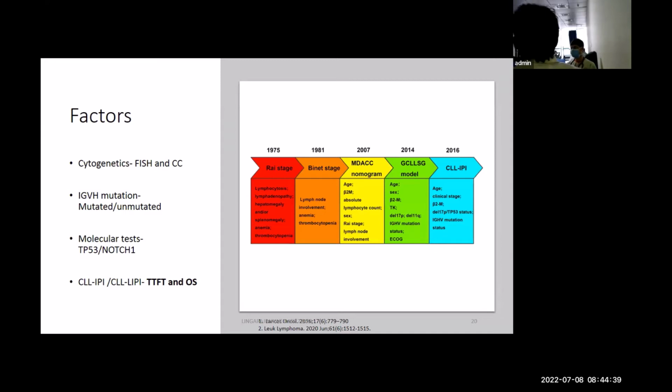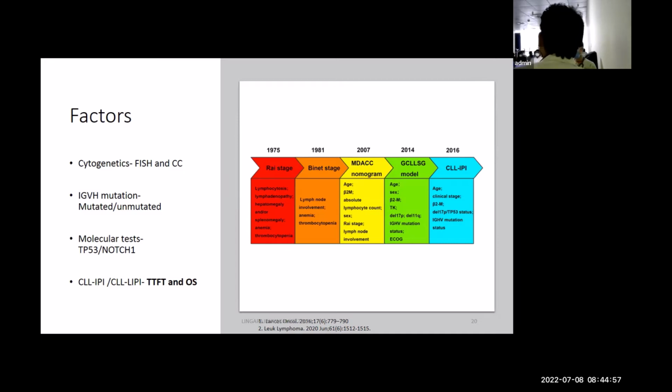They typically do stimulated conventional cytogenetics. That means they have to stimulate the cells to divide and then do the conventional test. This is difficult to do. I will discuss a bit about it, but it is not routinely done in any center. It has prognostic significance, and that's it. It doesn't tell you beyond that, and there is still controversy in that.